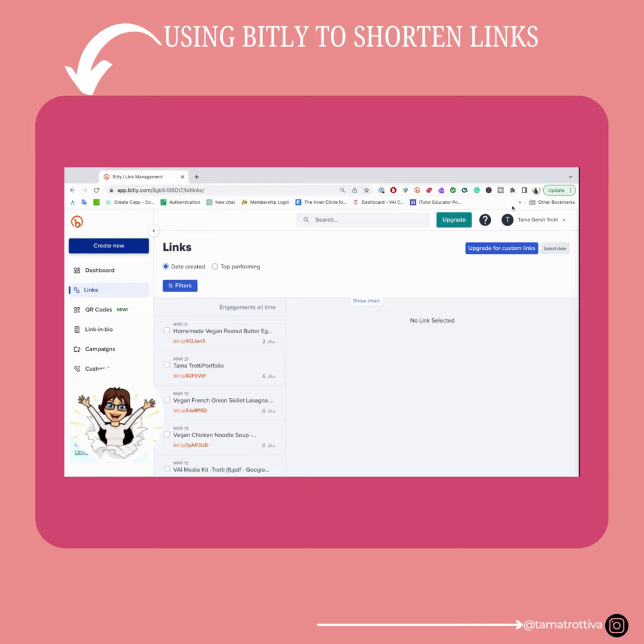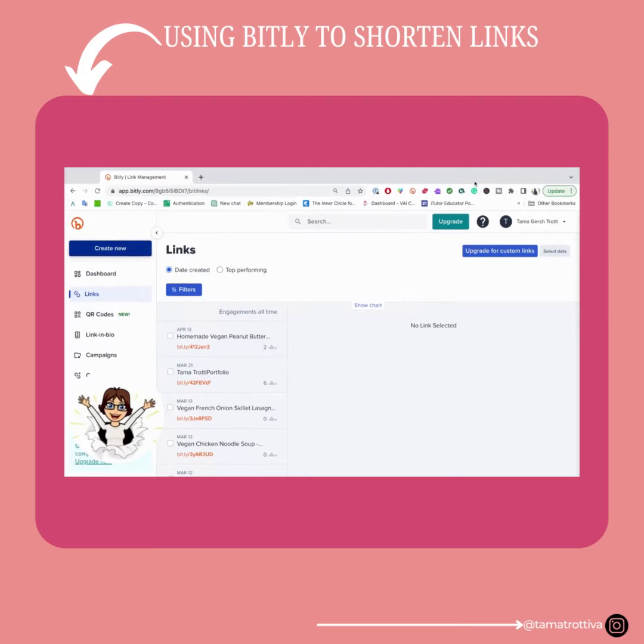Bitly is an oldie but goodie, and it's a great way to shorten those really long links or just to give a shorter link when you are putting something in a blog post or sending somebody a link to a document. So on the Bitly website, on the dashboard, you have this here, and let's say I want to create a new